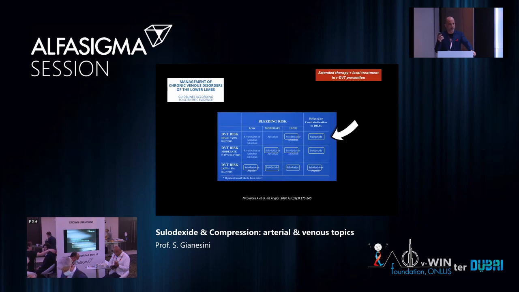If we go back to the guidelines, we see clearly the role of the extended therapy in different conditions of DVT risk, as you can see here. In the yellow, you can find encircled how pseudodexide is positioning itself in the three different DVT risk classes, with the benefit also of having a low bleeding risk, as I was saying. So it's a molecule that for sure we have to know more and more in our everyday practice,